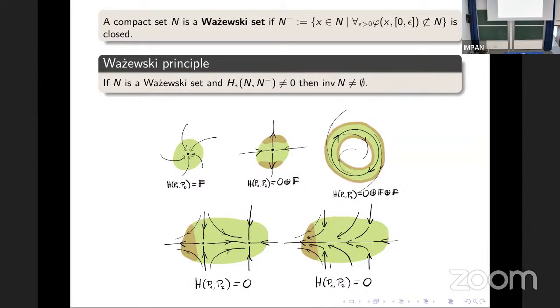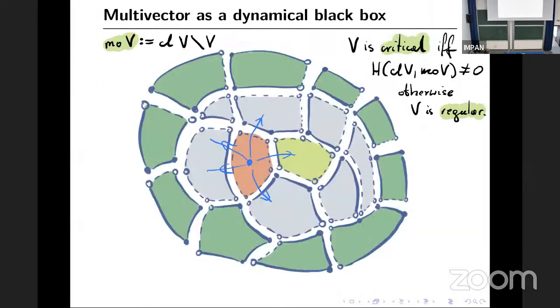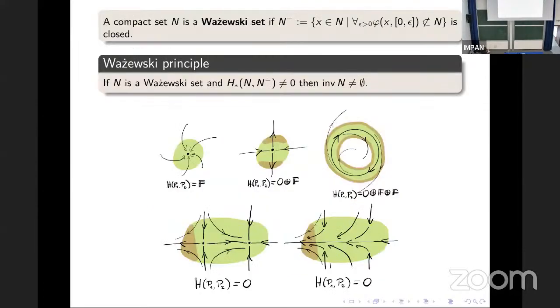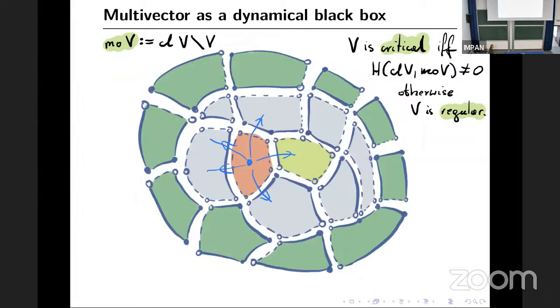However, those subsets look kind of similar to Wazewski sets, so we can distinguish some of them using the Wazewski principle. Let me repeat, because a Wazewski set is a compact set such that the exit part is closed, and the Wazewski principle tells you that if you compute the relative homology of the set relative to the exit part, and the resulting homology is non-trivial, then you know that there is something invariant. There's certainly something invariant inside. So we can use this idea to distinguish special multivectors that we will call critical,